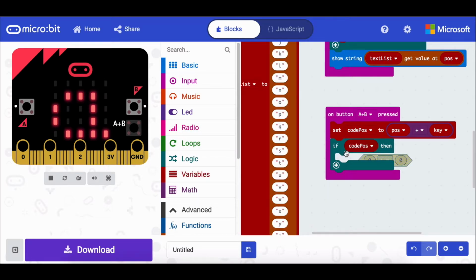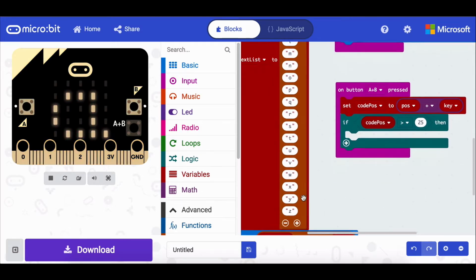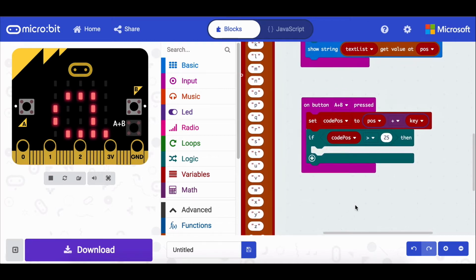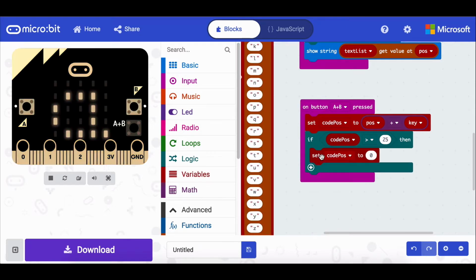So if this code position has gone past 25, because that's our last position here, if it's gone past that, then I need to loop it back round to the beginning. And one way of doing that, I'm going to set this code position to